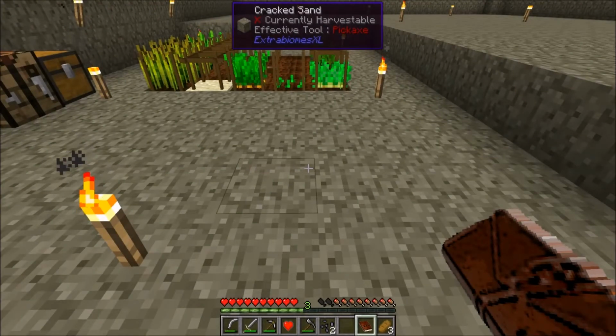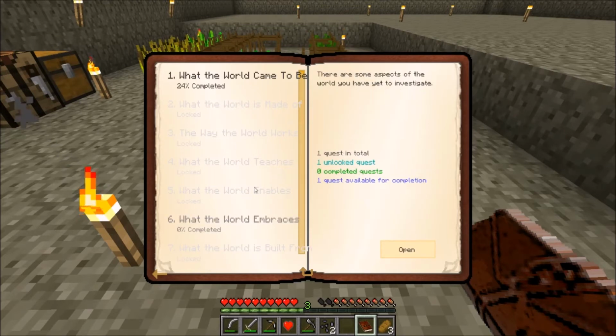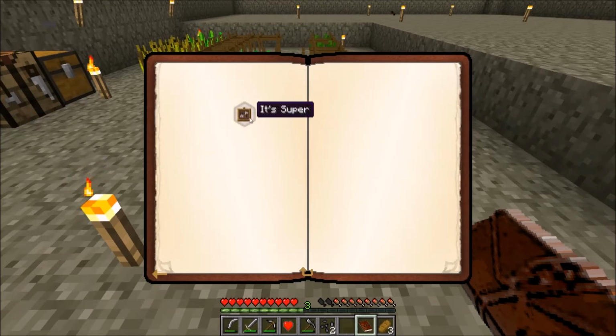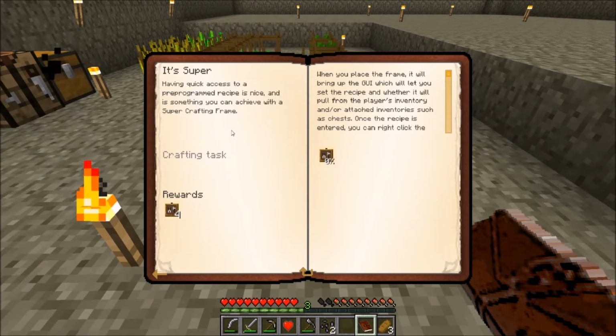Alright, so let's take a look in the quest book and see what other quests are available to us. One of the new quests that is going to be available is making a super crafting frame. So what this is going to tell you is having quick access to a pre-programmed recipe is nice. It's something that you can achieve with a super crafting frame. And what it does is it basically allows you to click on a crafting bench or an inventory, whether that's a chest or something like that, and it automatically will make whatever you put into the super crafting